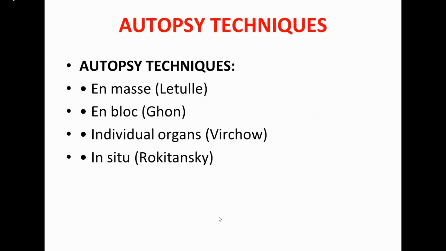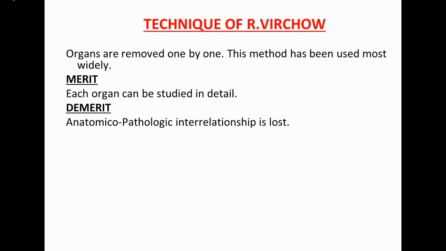Now we come to the different techniques adopted to perform the autopsy. That is the en masse, which we call Letulle; en bloc, that is called Ghon; individual organ, that is called Virchow; and in situ, that is Rokitansky. Okay. So basically these are the 4 techniques through which we perform our autopsy. So let's see